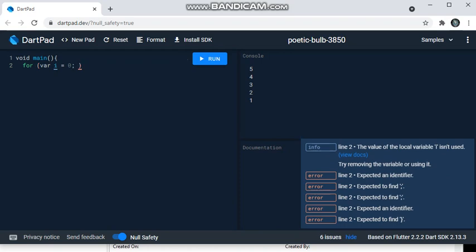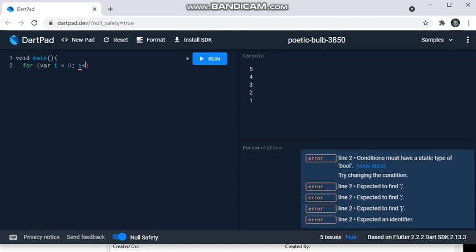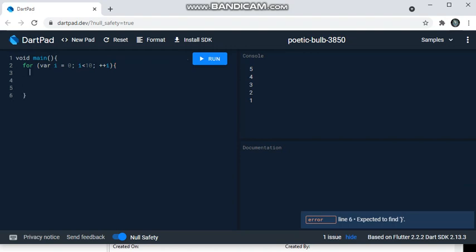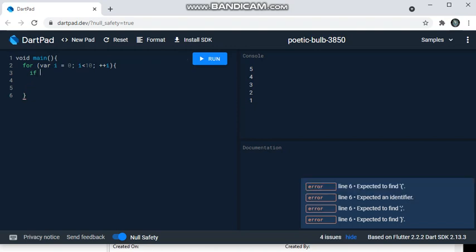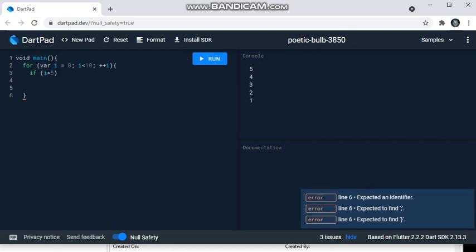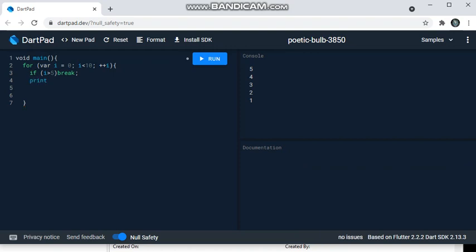Then another condition: I is less than 10, and then plus plus I. Now you need to take these curly brackets, and then let's mention if I is greater than 5, then let's mention break here. Now let's print I using the print function.